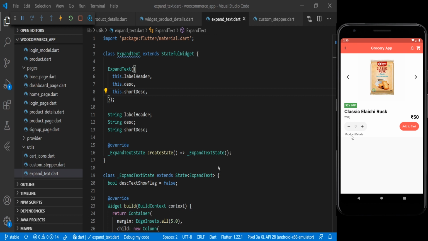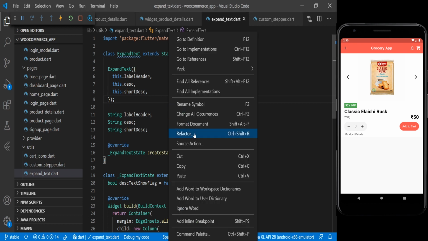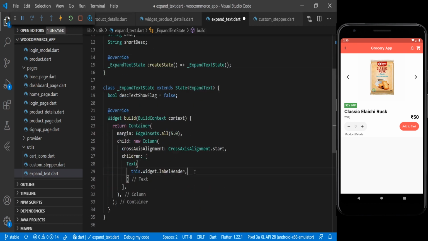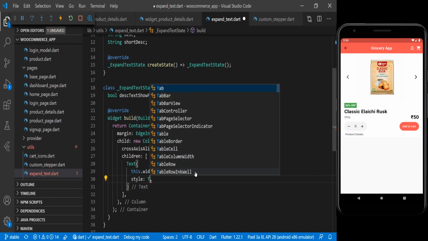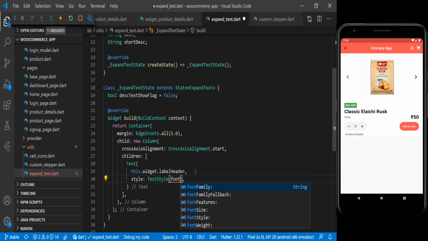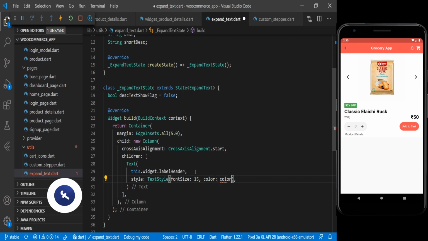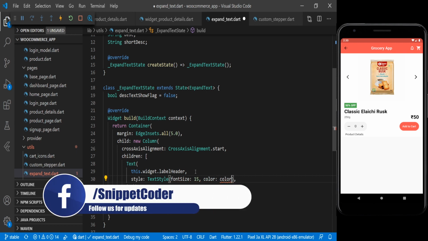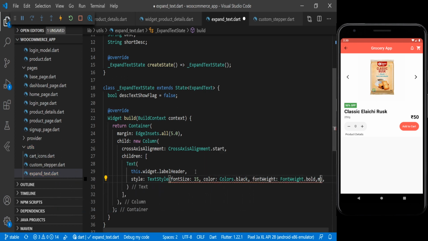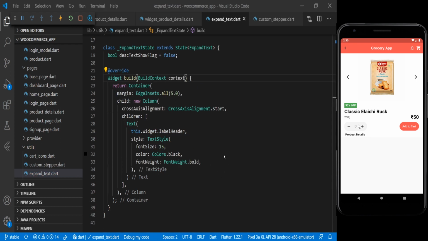Now here you can see that the product detail is coming, and here we will do some styling, and we will use a style, and for the style we are using TextStyle. Font size we are using 15. Then we will have color, and for the color we are using Colors.black. Then we will have the font weight, and we are using FontWeight.bold. Now you can see the style has been changed.